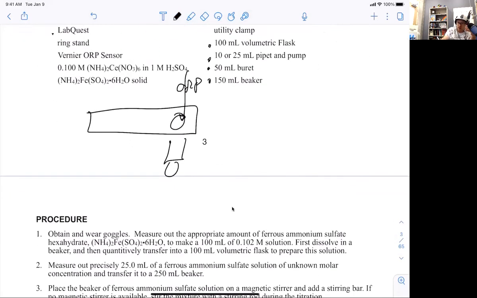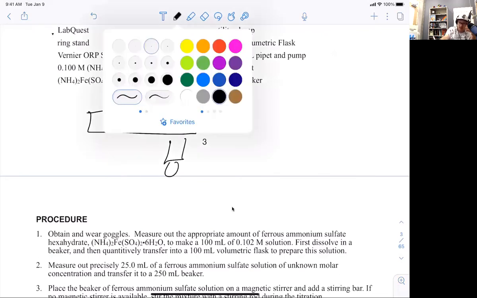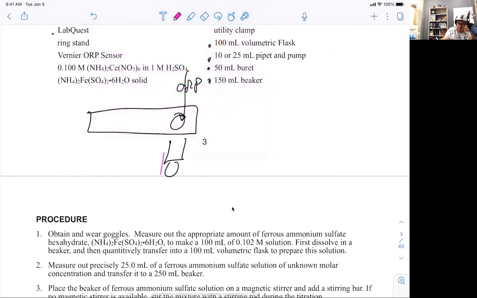But over this bottom, we're going to put a little stir device. So it's kind of like a sleeve. And it's also black, but I'll just show it in a different color. And it's got a magnet that spins off the bottom. And this way the two don't touch. And then this whole thing will go in the beaker, and you want to make sure that the magnet